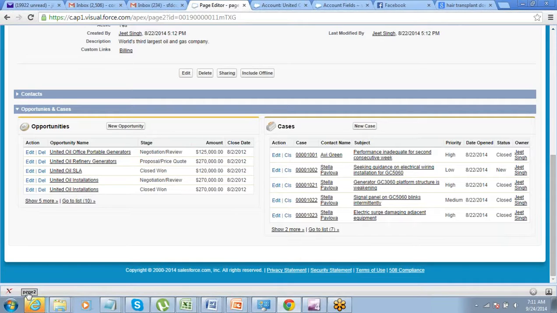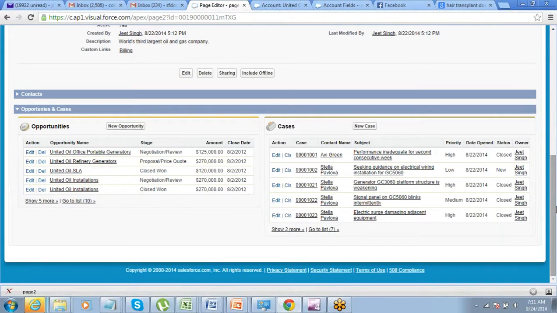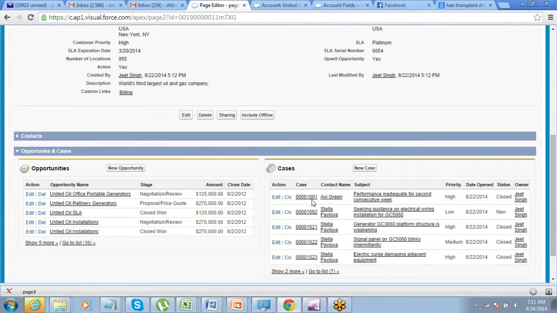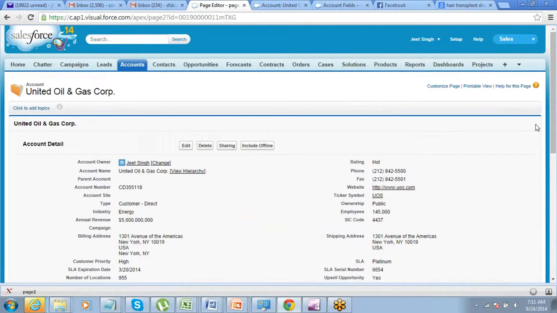You could have increased the number of columns as well, but it's fine. I think we just needed two. So by default there are two, and this way. So this is also a way of using it. Fine.